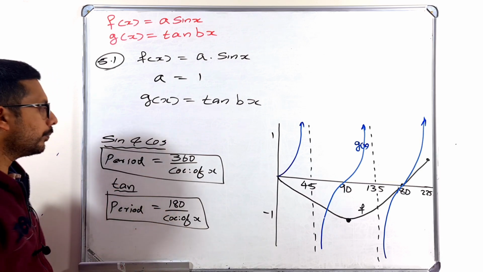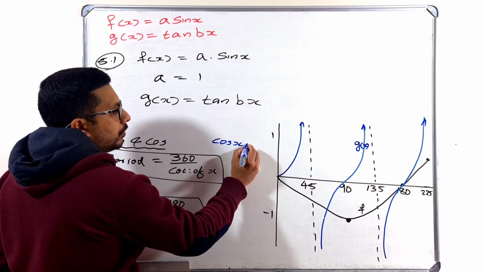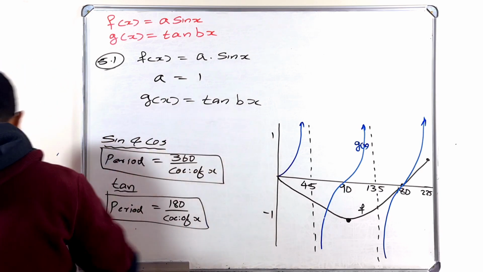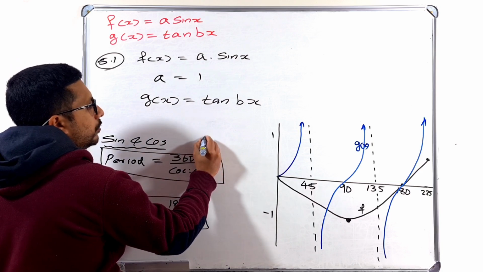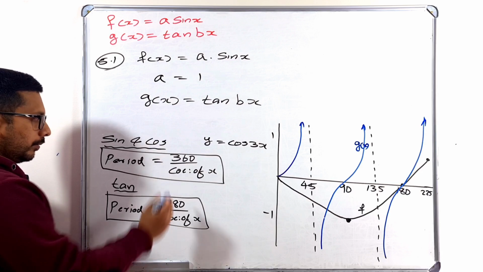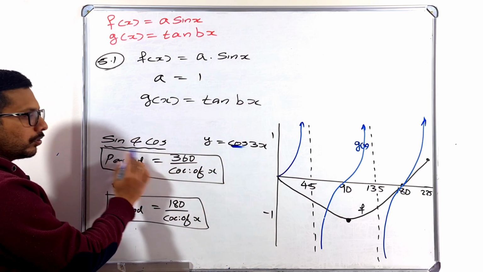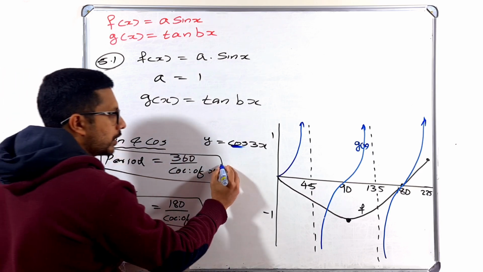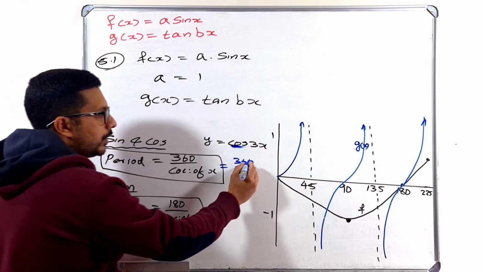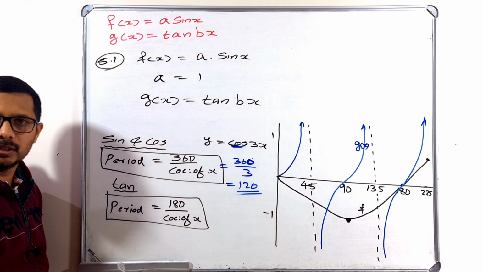Okay, so for example, sine or cos, whatever may be, let's say cos 3x. Y is equal to cos 3x. What is the period? This is a cos graph, am I right? Okay, so period is equal to, in the case of sine and cos graph, 360 divided by coefficient of x. That means 360 divided by 3 is 120. So in the case of